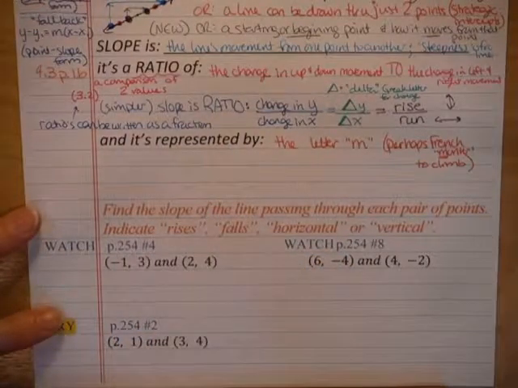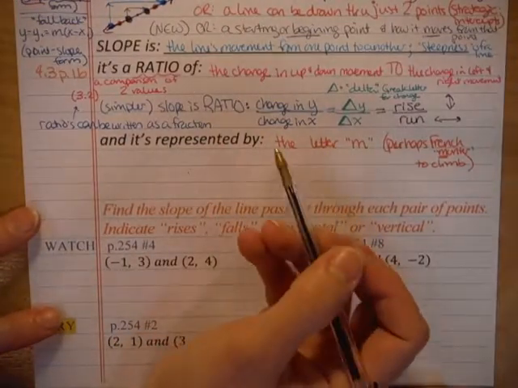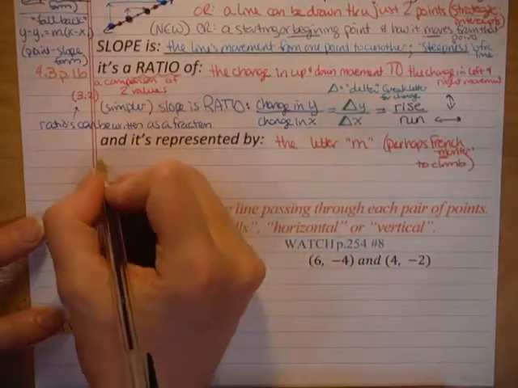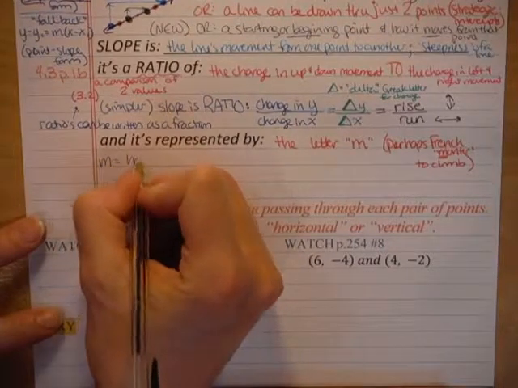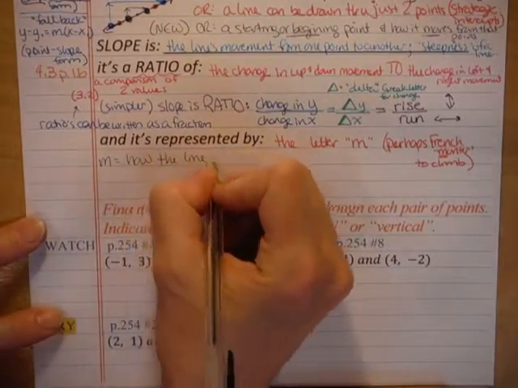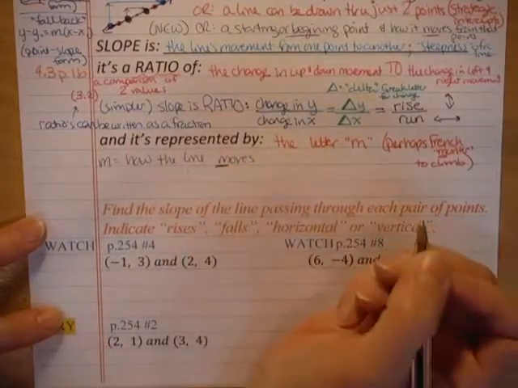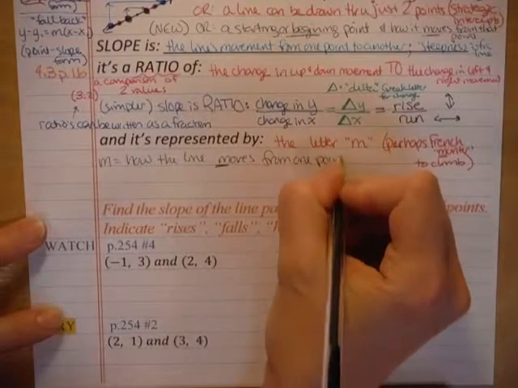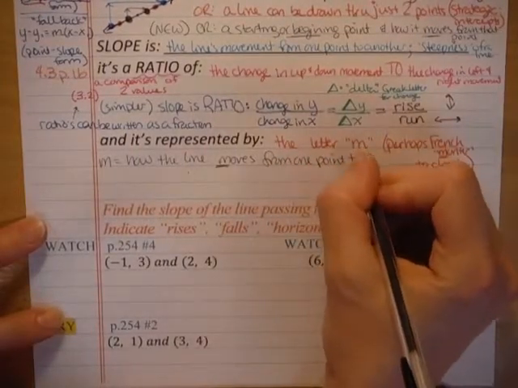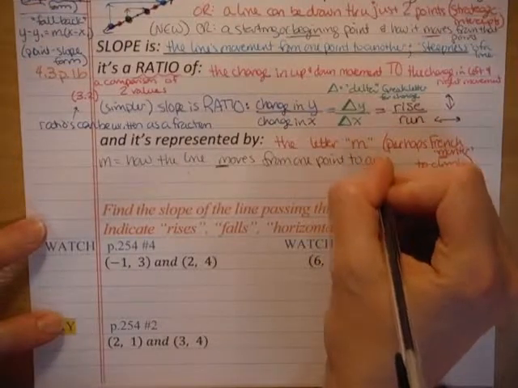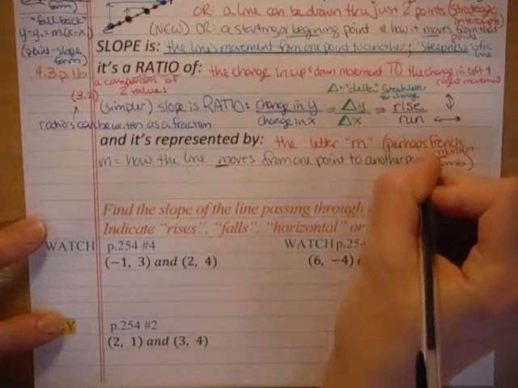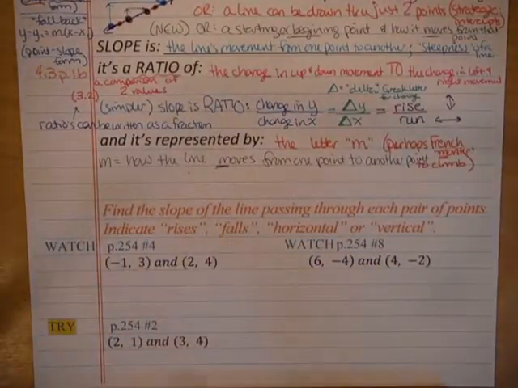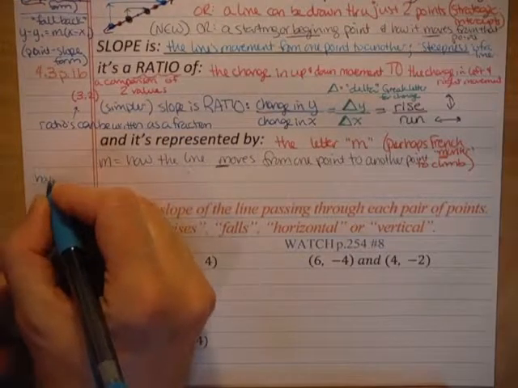Not only do we have a letter to represent it, but we also have a formula to be able to learn it by. So, M is equal to how the line moves, which is why I love that it's the letter M, how the line moves from one point to the other. And again, any 2 points on the line will give you the same slope ratio or the same value of slope. So if we have 2 points,